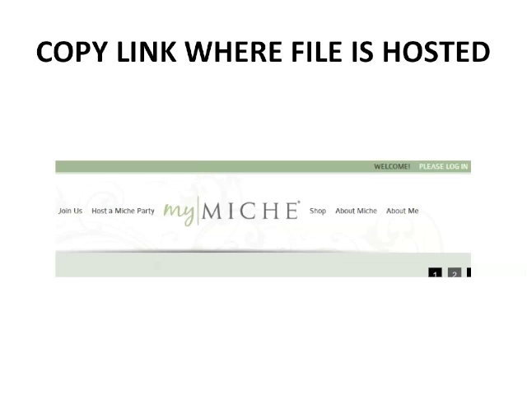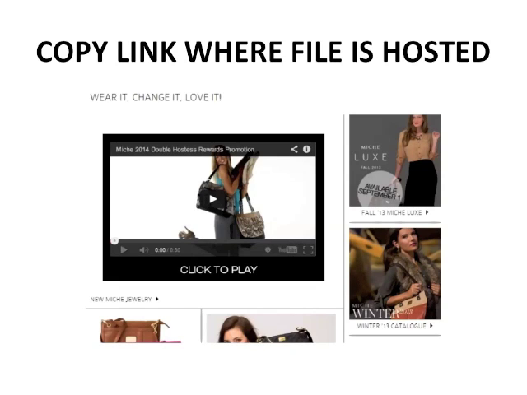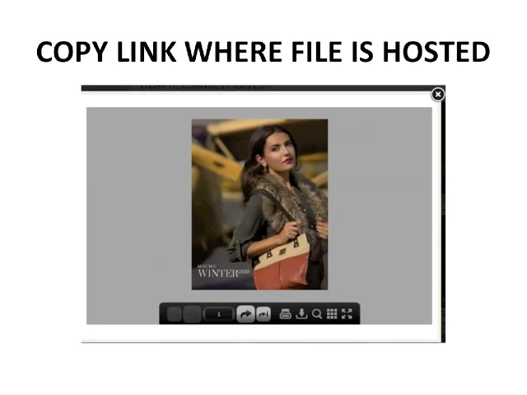You want to click on Shop on your personal website, and that will give you an option of different shopping methods. In the middle of the page, you'll find your catalog links, and in the center off to the right should be the most current catalog. For this example, I'm selecting the winter catalog, and right below the image of the winter catalog is a link. I'm going to click on that link, and it will open up another page where the actual file,